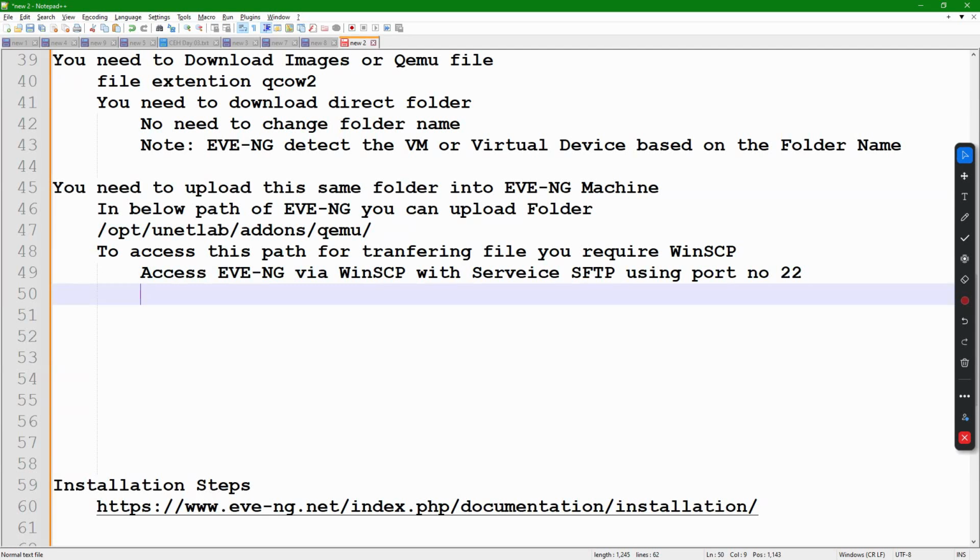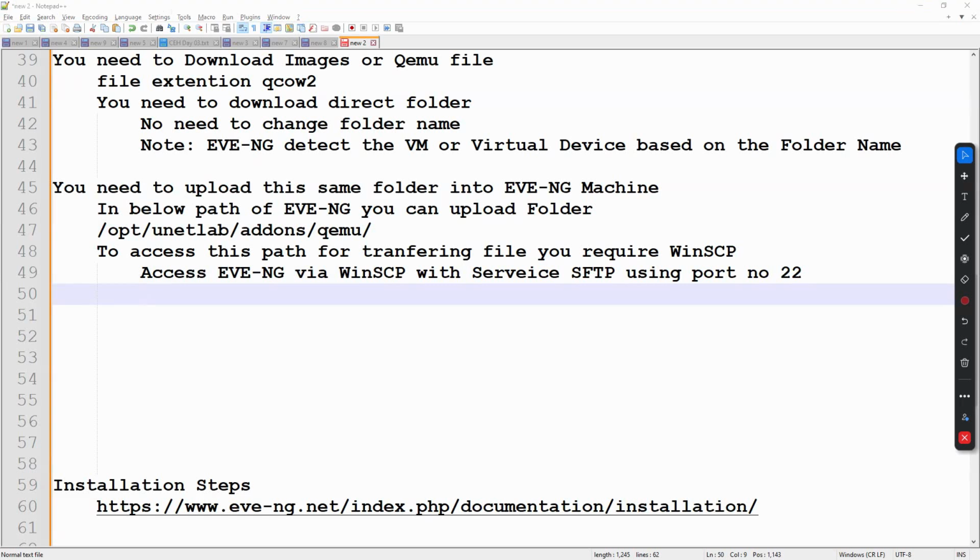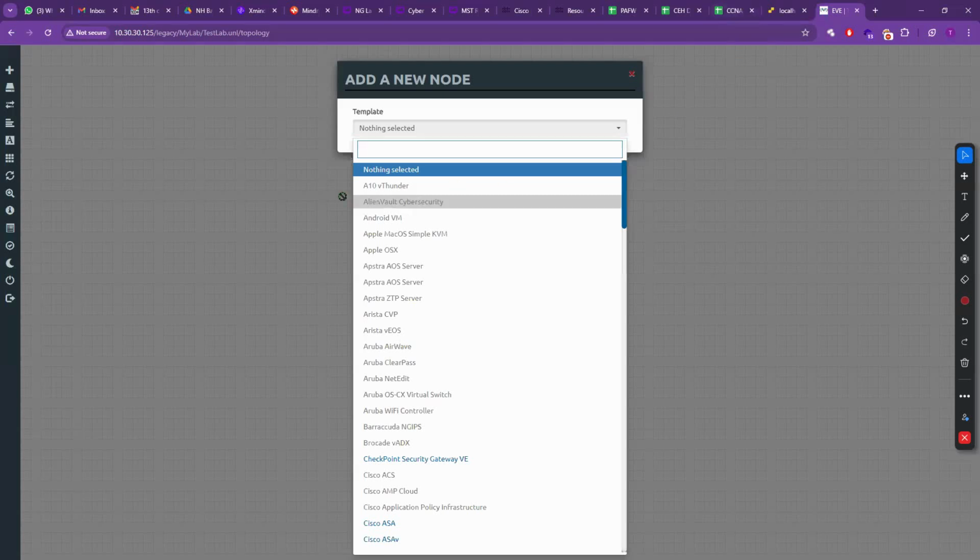Could you again show me how to drag and drop? Drag and drop you learn in the basic course also. Click, select with the mouse, and take it to the other side. Simple. That is called drag and drop, from the right side to the left side. There are two boxes: from your computer to EVNG. The right side and left side you can change in the software too. One side is your machine data, one side is EVNG data. So from your machine, in WinSCP, you can see the opt folder. In that, there are lots of qemu folders. From that, you need to drag to the other side. Yes, okay. Let me show you.